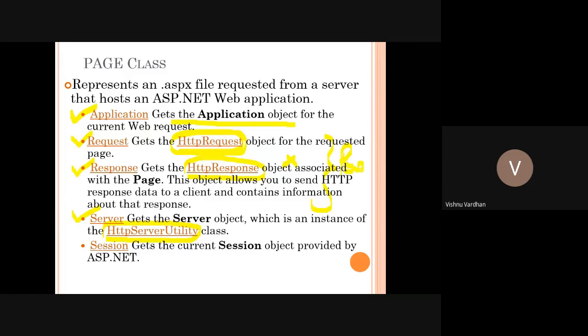That means every page will uniquely have a single request and a single response. A different page will have a different request and a different response. Whereas the server will have a unique object which is available for that particular server. It is not for the application either.